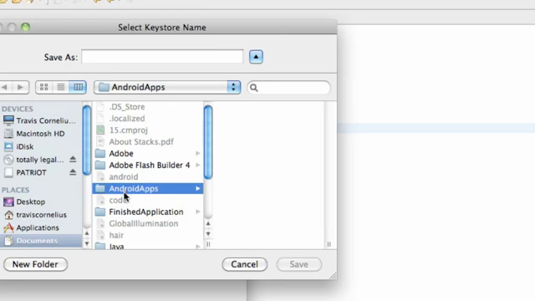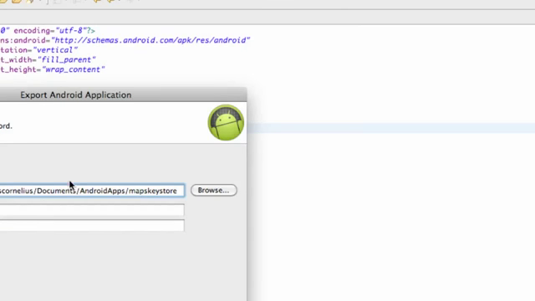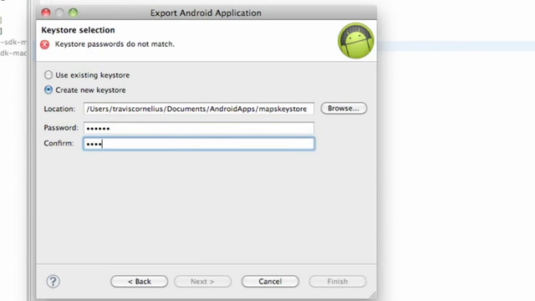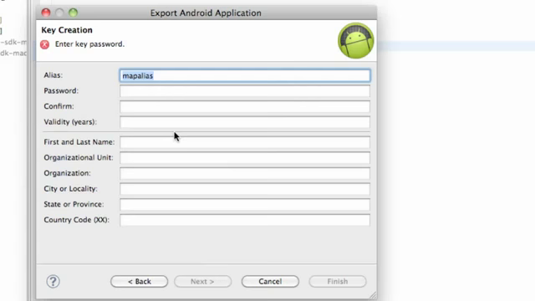So just create a folder called Android Apps, and we're going to say maps, save this as maps key store. Hit enter, and then we need to create a password that we're going to remember. I'm going to say Travis and hit enter. So now that's where we created our key store, and we also have to create an alias. So I'm going to label mine maps alias,